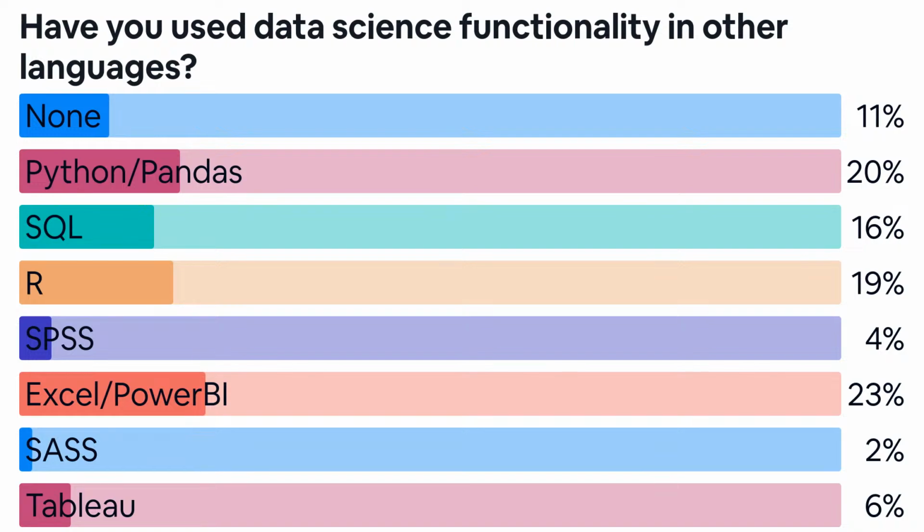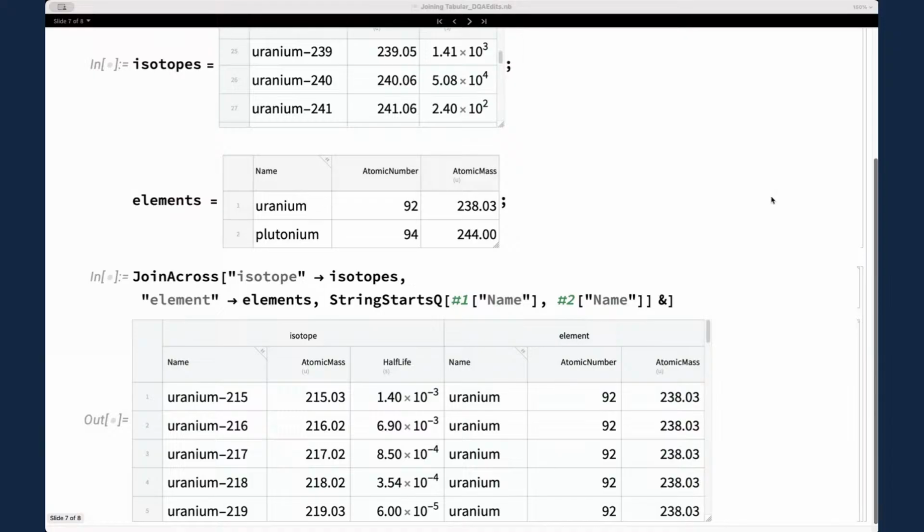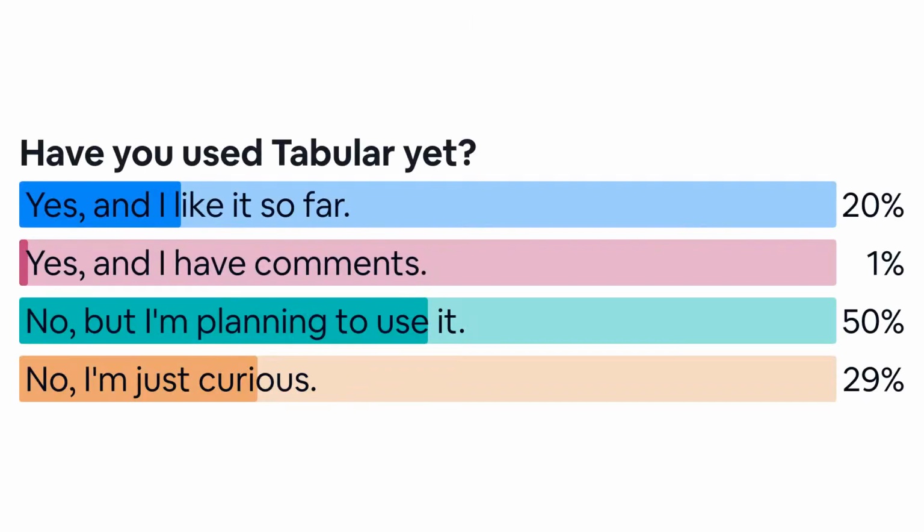I am very impressed that many Wolfram Language users are polyglots, which is a very good thing, I think. So I hope you will find our functionality better, of course, but it's great that you've tried it out